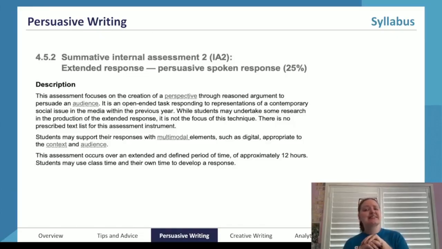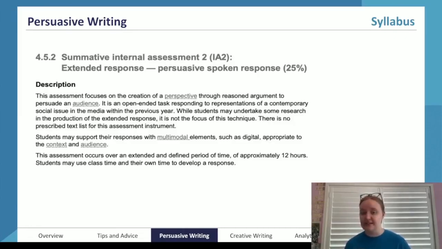Okay, this is a little snapshot from the QCE English syllabus. So the persuasive speech or persuasive spoken response is IA2, or internal assessment 2, worth 25% of your final grade. And it says this assessment focuses on the creation of a perspective through reasoned argument to persuade an audience.